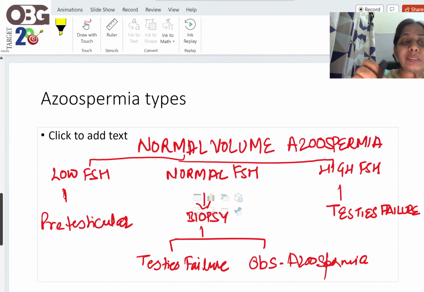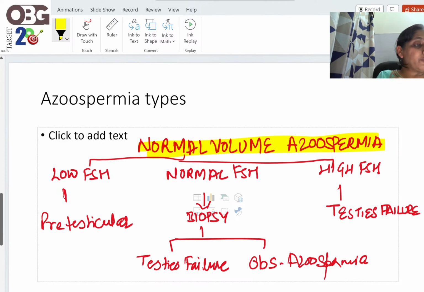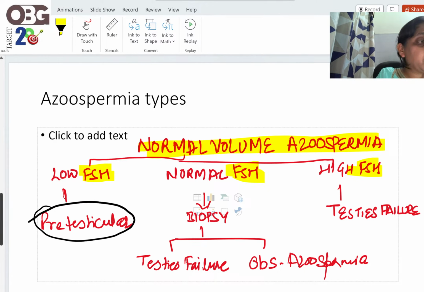Okay, so this is the flow chart which you have to follow when it is a normal volume azoospermia. When a patient has a normal volume of the semen and the patient has azoospermia, now your first test will be, in any condition, FSH. Okay, if FSH value is low, it clearly indicates that it is pre-testicular, that is there is